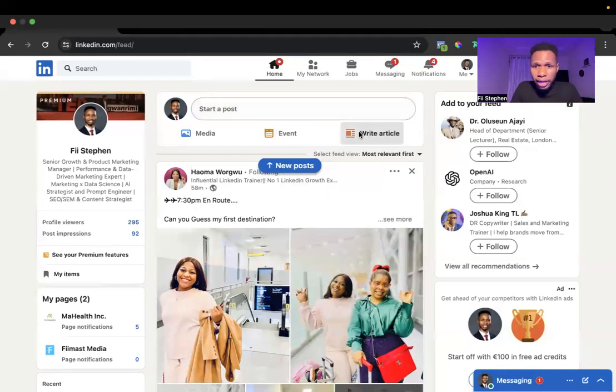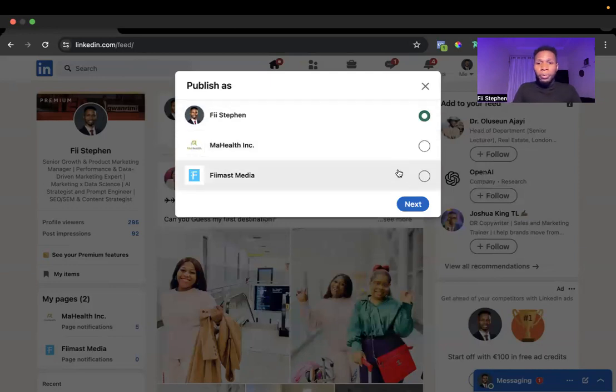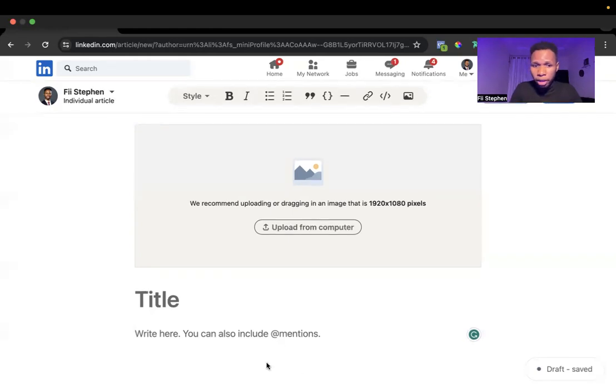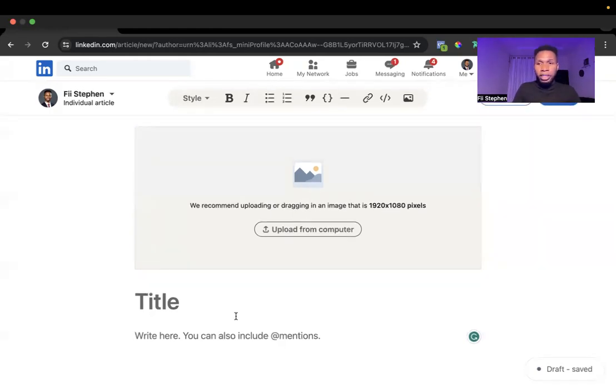If I click on write article here, it opens up a bigger space. An article is like a longer form of post that has the ability to style. For example, you can write an article on a particular property. If, for example, you're selling a property, you can write an article on that property. You can come here and write, for example, let's say you want to talk about the kitchen. There are different parts of the house. You want to start with the kitchen.